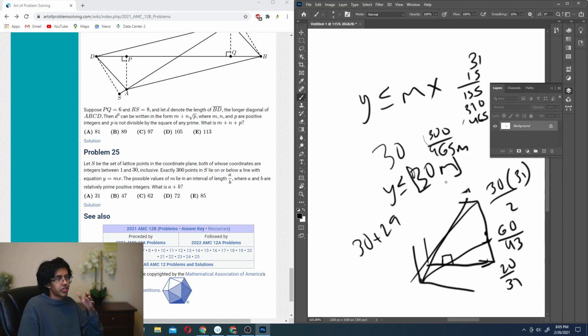So that means it's strictly less than like 465 now. So that means 20 over 31 is the lower bound. So it has to be at least a little bit bigger than 20 over 31. What about the upper bound? Can we do upper bound somehow? Oh, we need a quick formula for figuring out how many things are less than it. Yeah, it has something to do with GCD though.